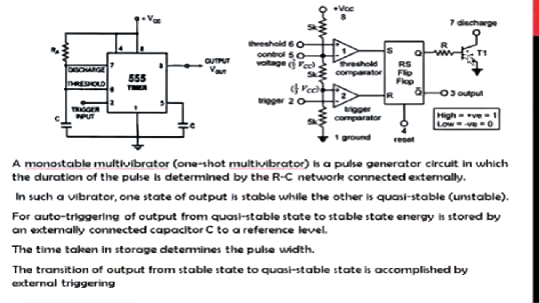Now the capacitor C can charge through RA towards plus VCC. But whenever it reaches the 2 by 3 VCC, the comparator 1 is active. So that means the threshold is high. Then at 2 by 3 VCC, it goes to the set condition. Sorry, Q is equal to 1 and Q bar is equal to 0. That means output goes to the low state. That means the time for the capacitor to charge from 0 to 2 by 3 VCC.